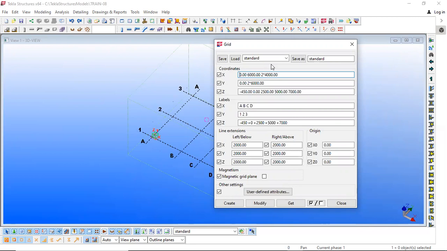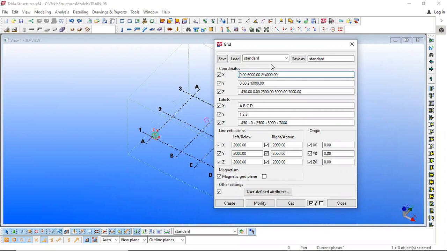So as per that, we will enter the coordinates here. Like in the x direction, say there are n number of grids with n number of spacings, then we can add the spacing as it is given in the design. And reference will always start from 0.